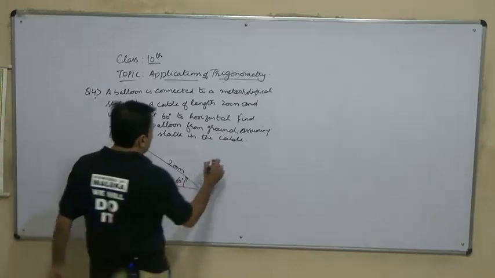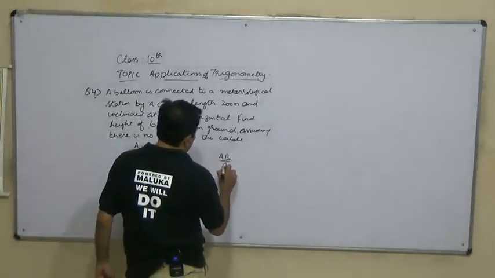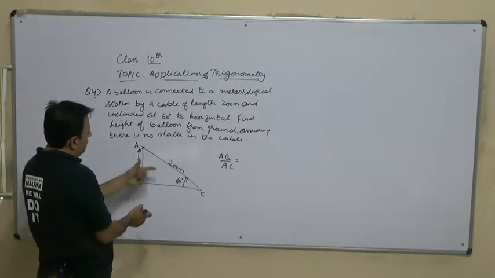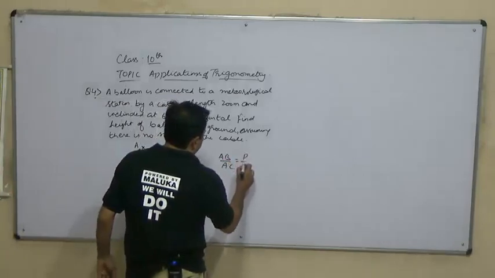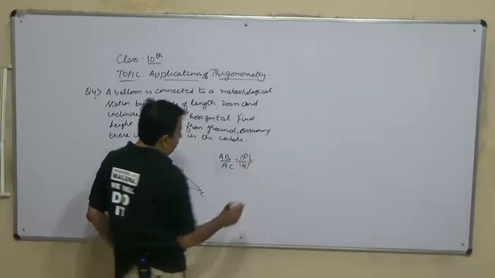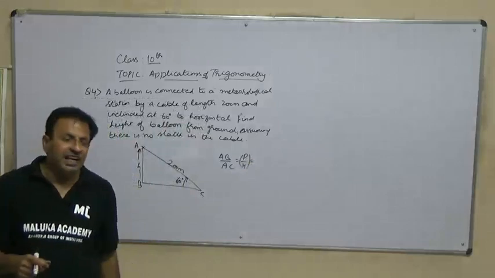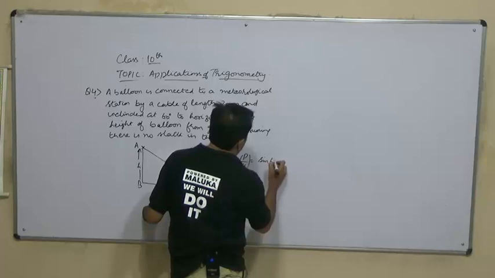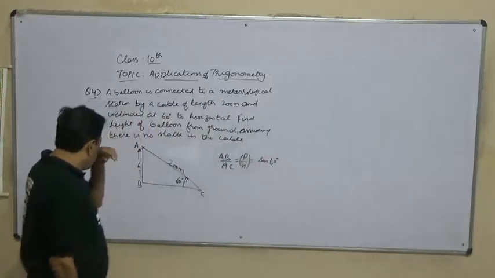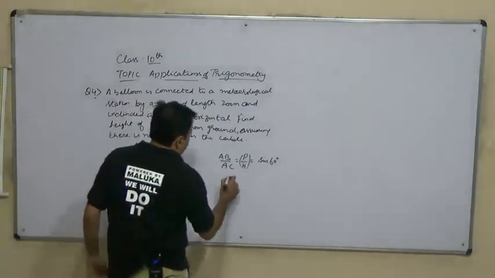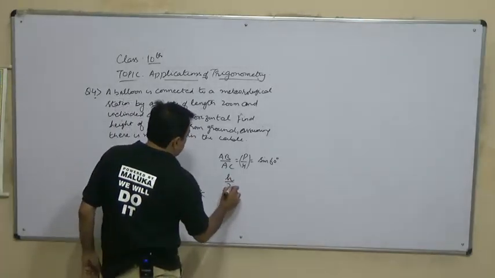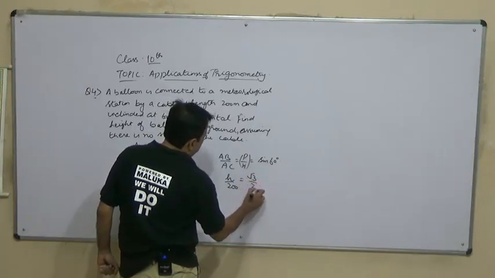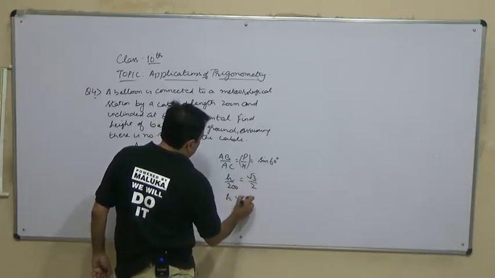सो अब इन दोनों की रेशो देख लेंगे. AB अपॉन AC. इस एंगल के लिए AB क्या है परपेंडिकुलर, ये क्या है हाइपोटेन्यूज. परपेंडिकुलर बाय हाइपोटेन्यूज होती है साइन. सो दिस विल बी योर साइन 60 डिग्री. AB हाइट जो हमने निकालनी है और AC है 200 मीटर. h is equal to 200 into sin 60, which is √3/2.